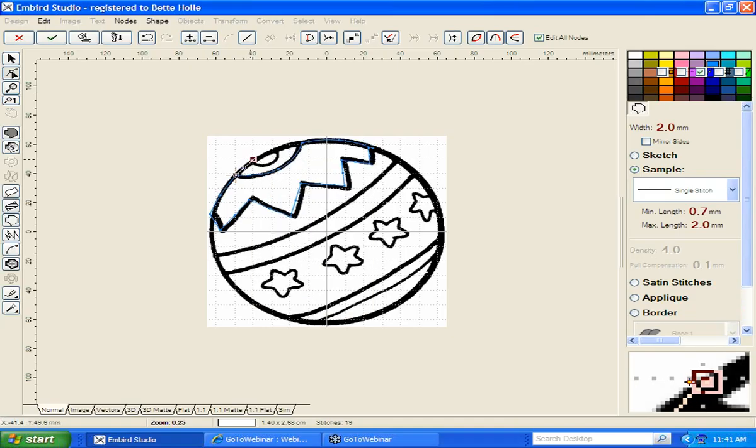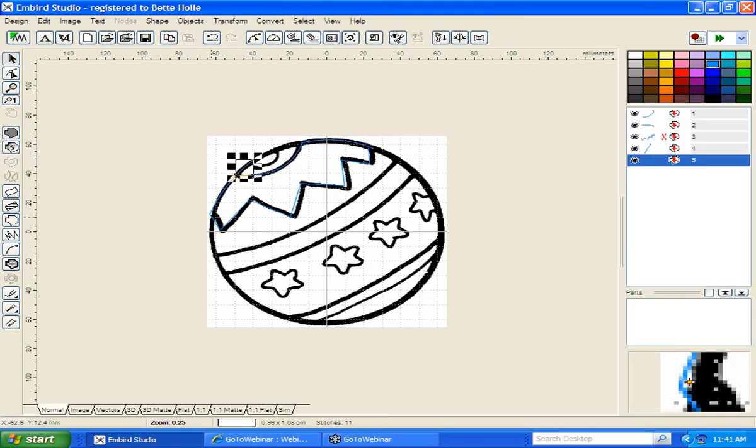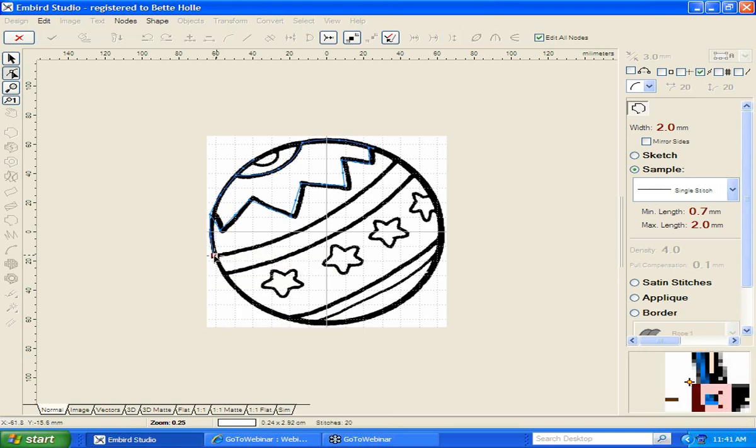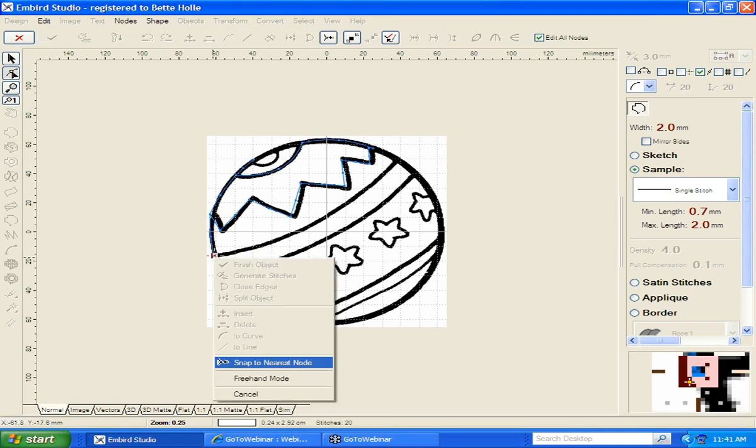You don't have to go all in order because snap to the nearest node and down and generate stitches. And then just double click again and snap to the nearest node and go across. And you just keep on going